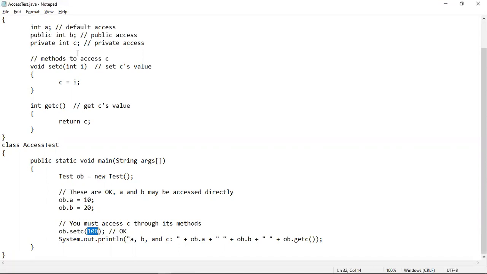You have to remember that in order to access a private member of a class from another class, you have to use a method inside the same class body inside which you have defined the private member. But that method should not be declared as private. That method should be declared as default or public. If you declare this method as private also, then you can never access the C variable using it from another class. So you have to make it default or public.